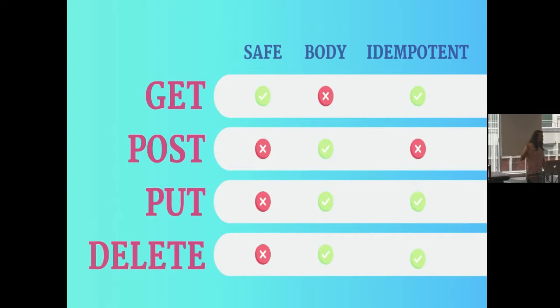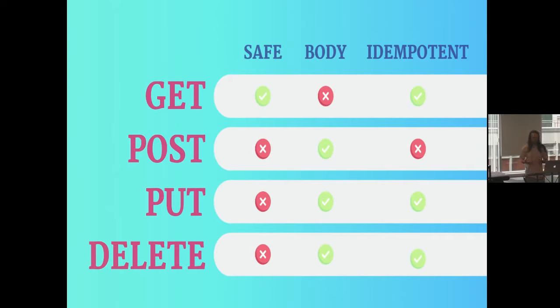So here's our trusty choosing-our-method matrix. Along the left side are our methods, and along the top are those different qualities of a behavior. If we need to do a safe operation, which method would I use? Yeah, it's the only option, right? So we can just look at this chart and figure out that if the operation has to be safe, get is what we choose. I don't care that get is idempotent. That's not really relevant to me. You go online and it says it is, but I don't really think much about that. But I do think it's important for the difference between post and put, for example.